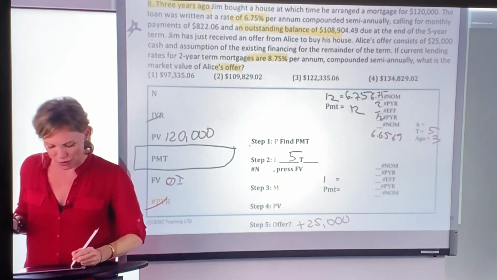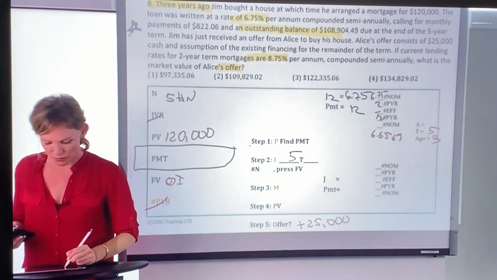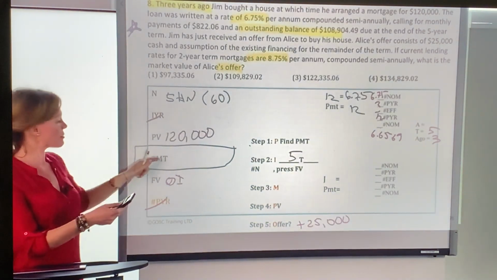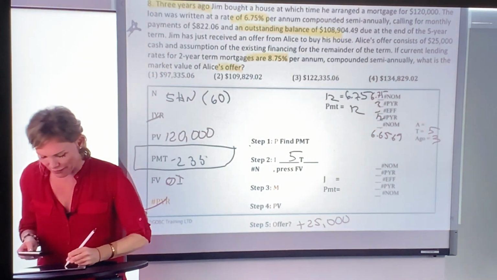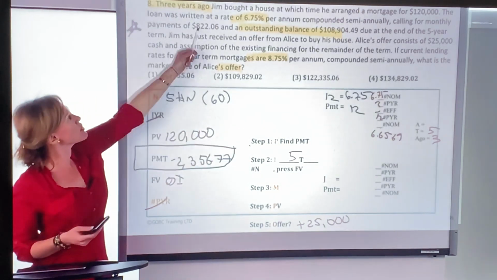You could have put the 5 into the N. Okay, so let's pretend I've done the impairment. I'm going to do 5 shift N. Will come up as 60 months. Just to show you, 120,000 was PV, 0 plus minus future value. And if I press the payment, my payment comes up as negative 2356.77. I could have done that, find this payment, and then change the payment to what they want, which is